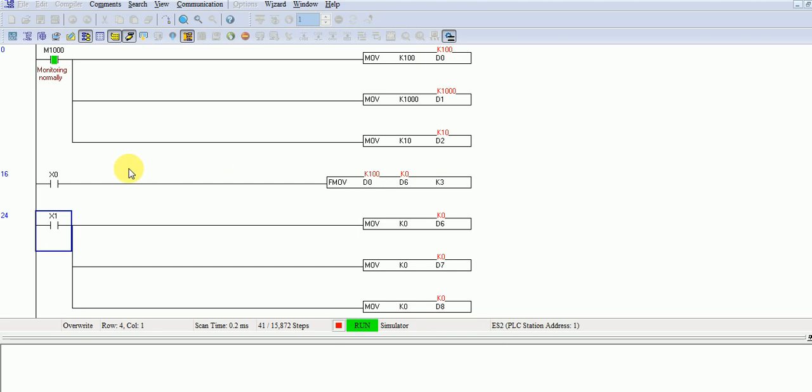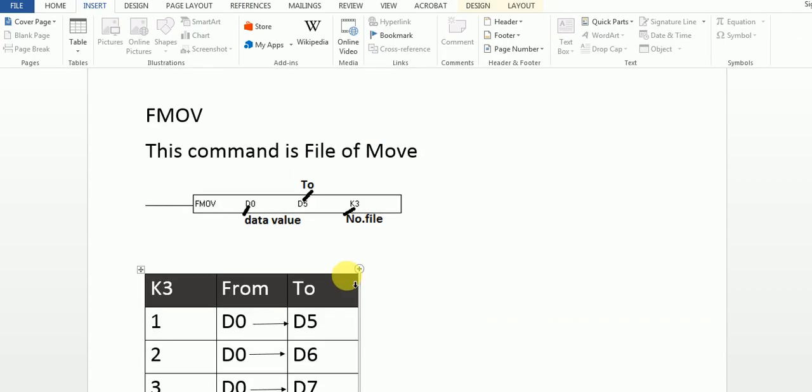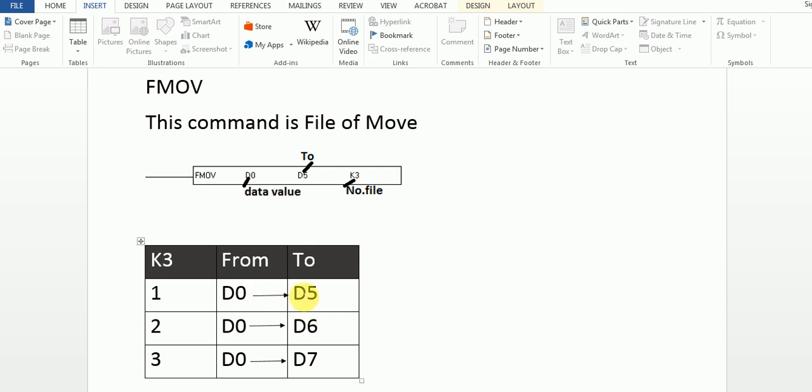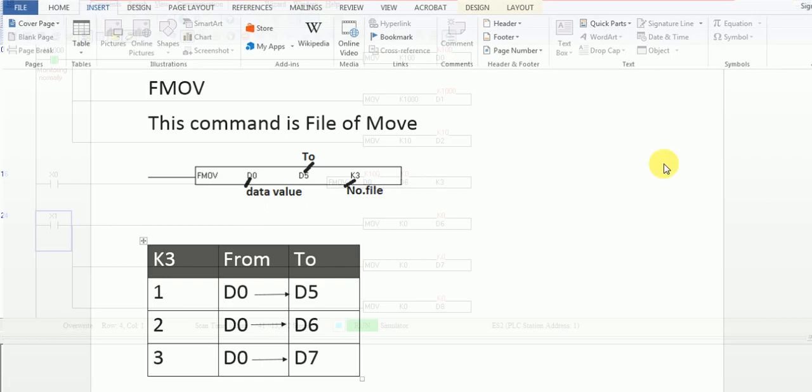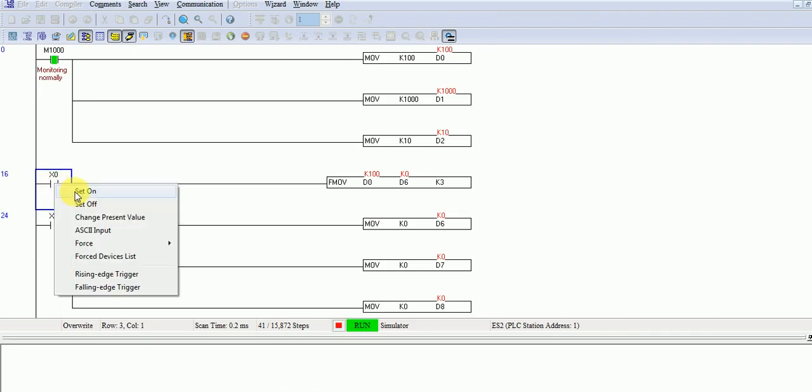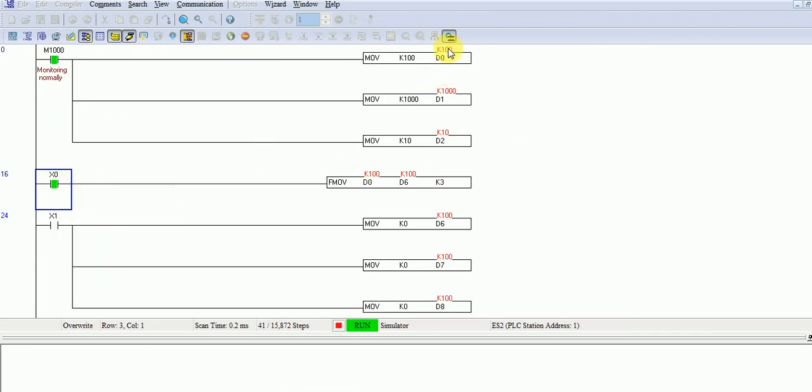When I run this F block, all the D0 value will shift to D6, D7, D8 as I described in my lecture. I set on, and you can see D0 has K100, so all of D6, D7, D8 have the K100 value. This is our fmove.